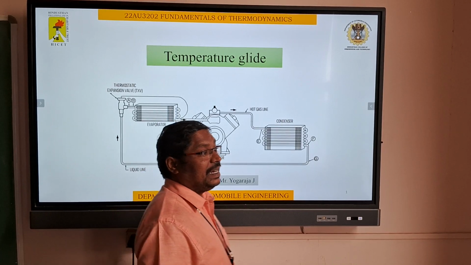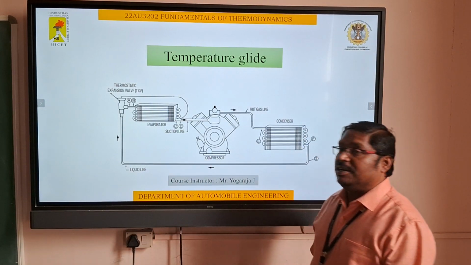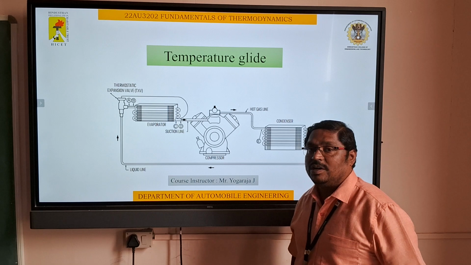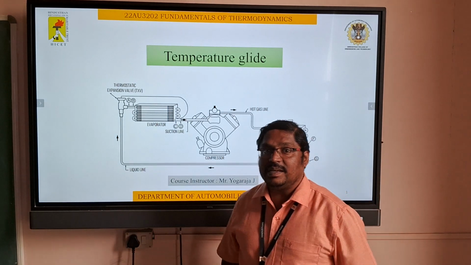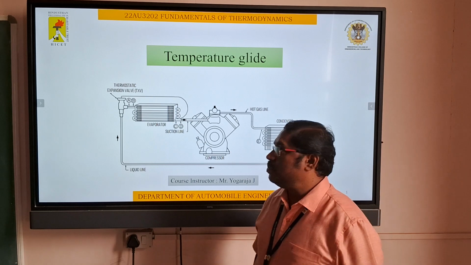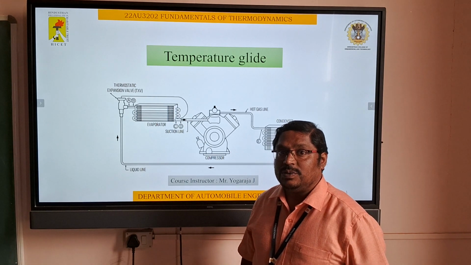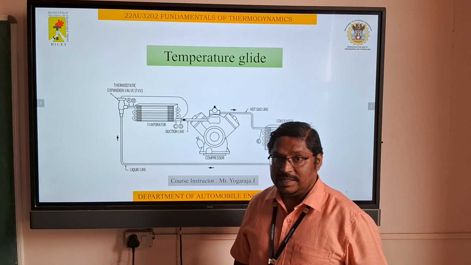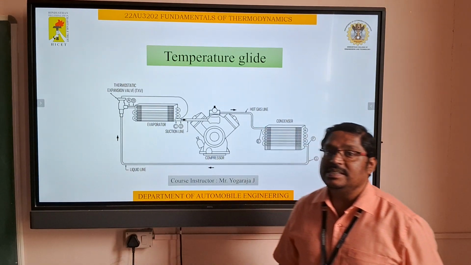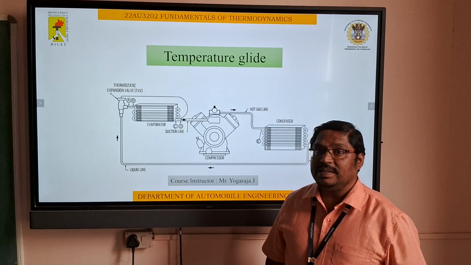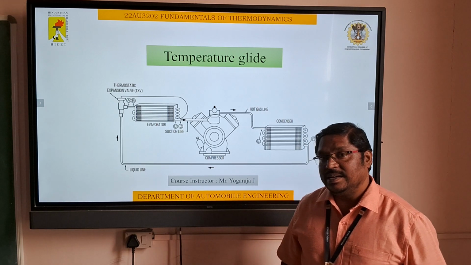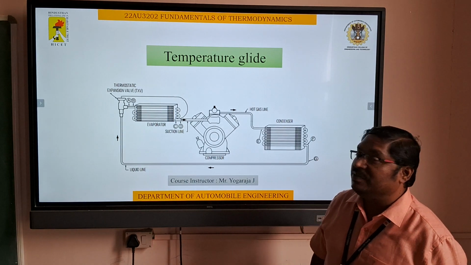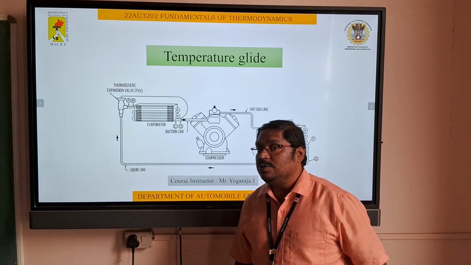Generally we are using refrigerants in the air conditioning system, but the CFCs, chlorofluorocarbons, give some emissions that will spoil the atmosphere. So we have to switch over to another type of refrigerants. So we have azeotropic refrigerants and zeotropic refrigerants. In that, we have single component refrigerants and a few dual component refrigerants, where two refrigerants are mixed together in terms of zeotropic.